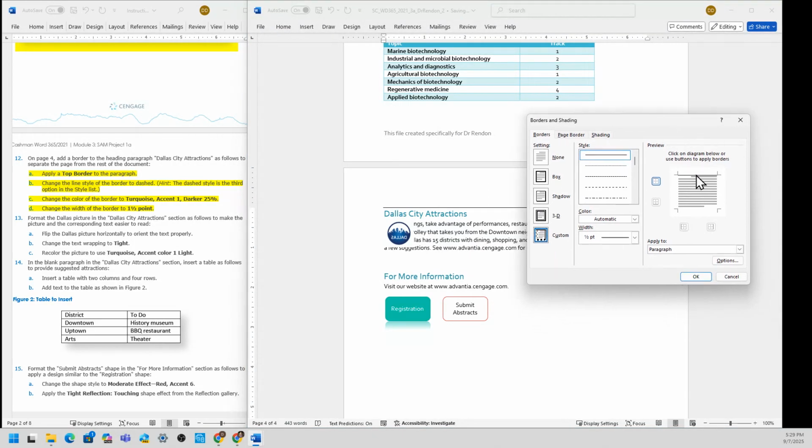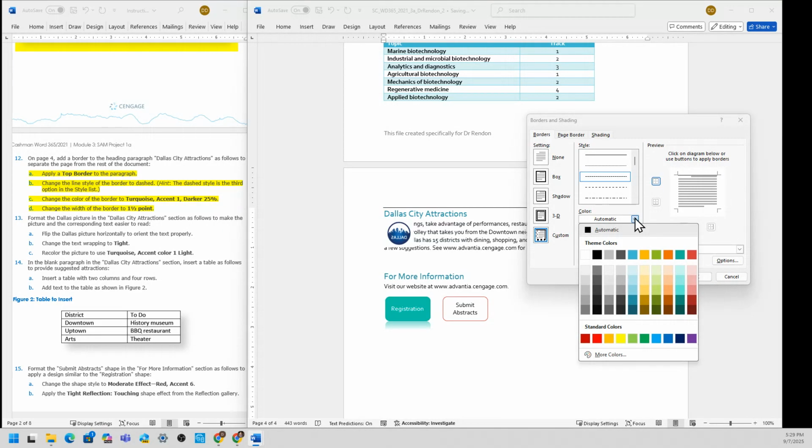So there's the top one, and it says that I need the dash style, which is the third option in the style list, which is this here. Okay, and then the color, the width, the color is turquoise accent 1 darker 25%.